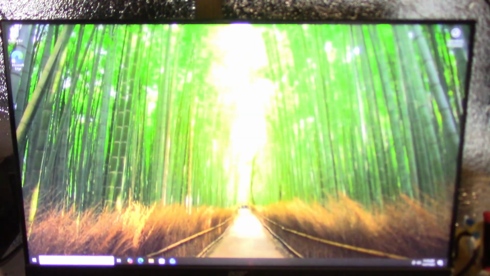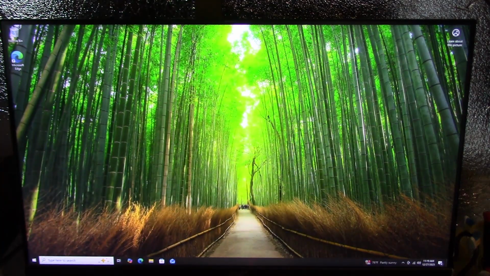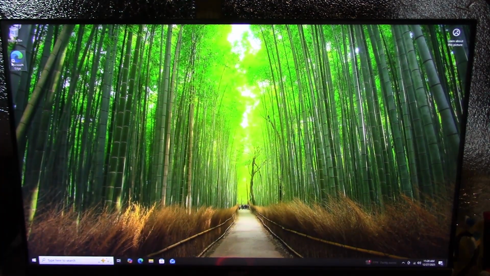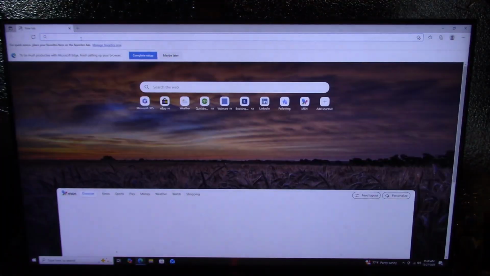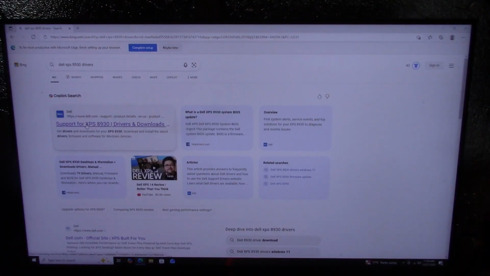And then from there we're gonna go to Dell XPS 8930. You can type that under Google or Microsoft Edge. You can type in Dell XPS 8930 drivers. So I'm gonna do that right now. So I already have that, Dell XPS 8930 drivers. So I'm gonna go to Dell,